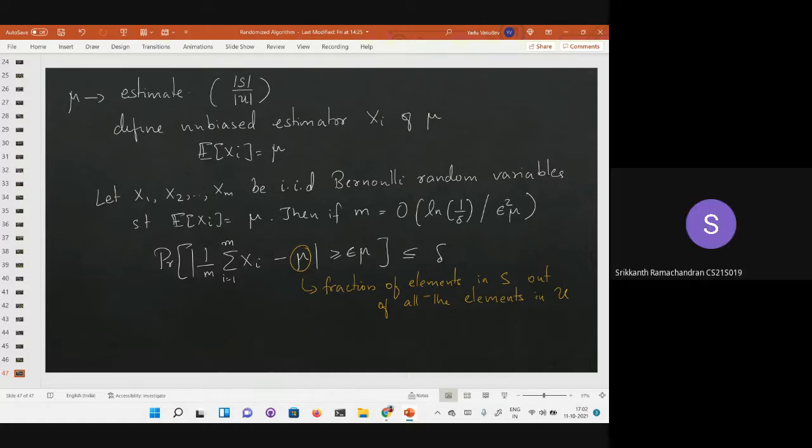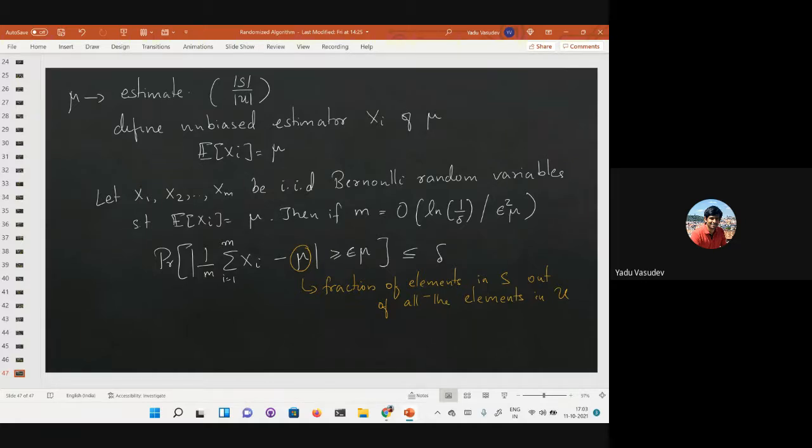But this is the same as the midsem first question, right? It is quite the same. It is very similar to the midsem first question. Yes. There you had this many balls of n colors, and you wanted to sample. Yeah, that is true. It is very similar to that.